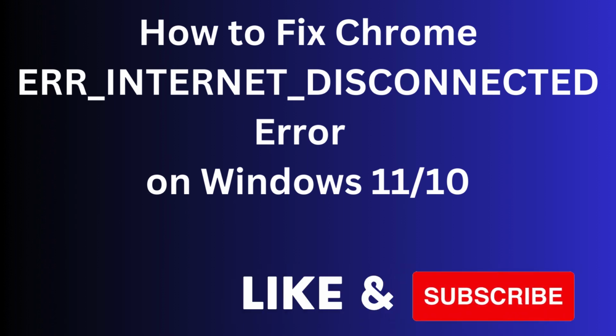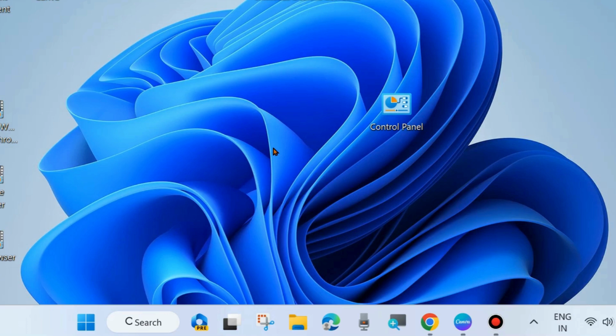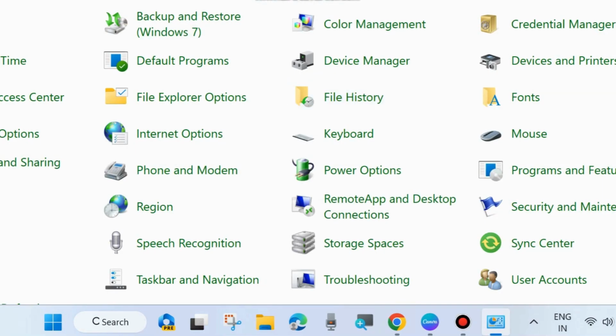Hello guys, how to fix the Chrome error "internet disconnected" on your Windows 11 and Windows 10, when error messages like "There is no internet connection," "Unable to connect to internet," or "Error internet disconnected" appear. To fix this issue, the first and initial workaround is to go to the Control Panel of your system, and here